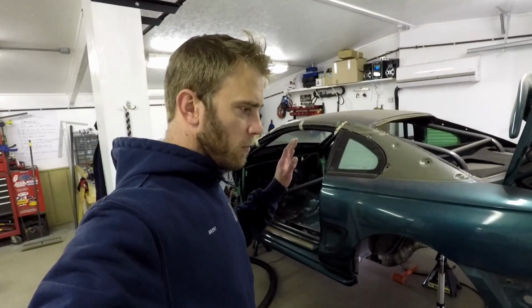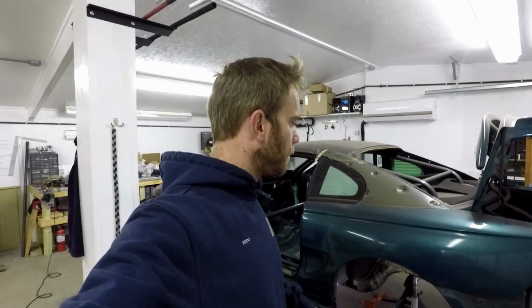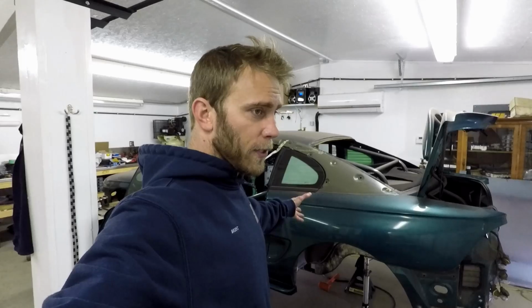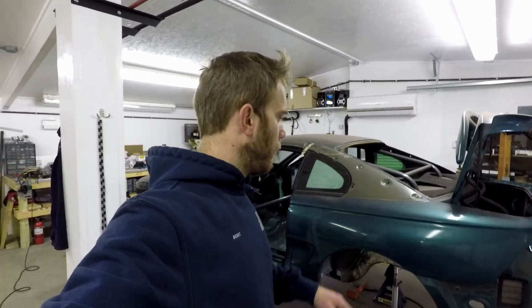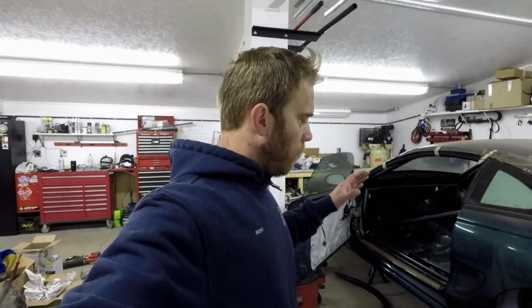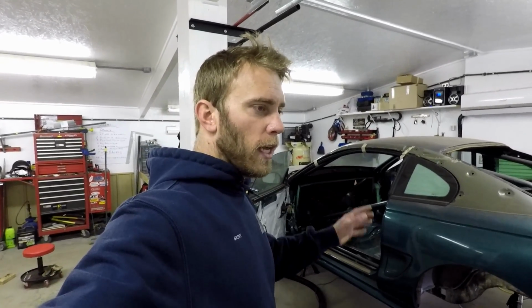Okay, we talked about making sure they're aligned. I'm not going to give any measurements because every car will be slightly different, so you got to figure out which works best for you. Like I said, those factory oval holes were a 1/4 inch out, so yours might be dead on. I don't know. So you got to work it out for you. I'm just giving you the ways to go about it. So once the placement, everything is correct, you're aligned,